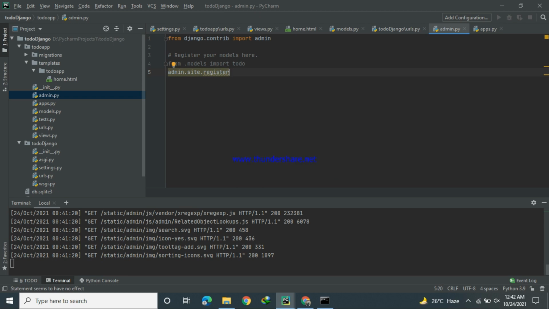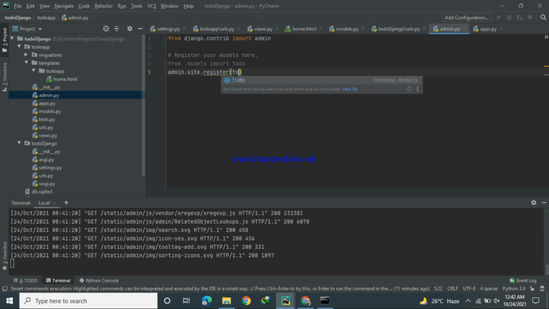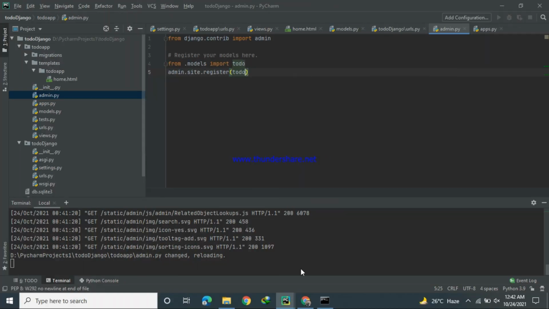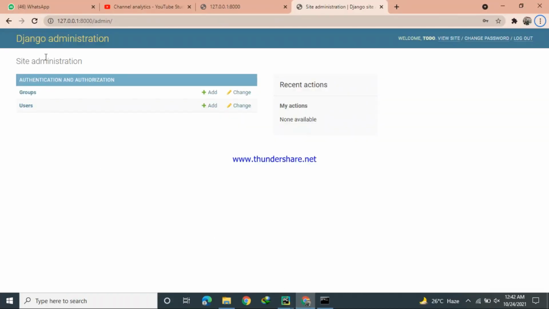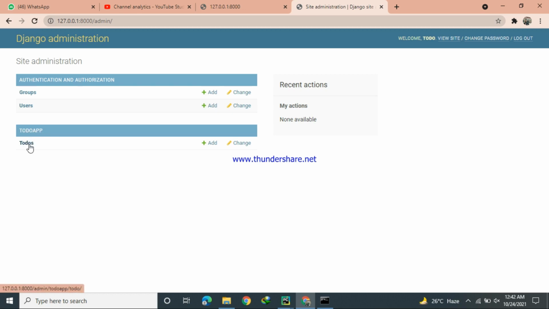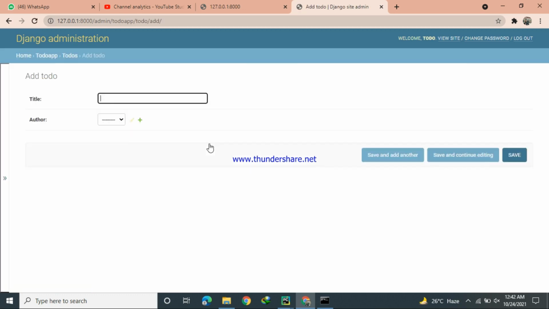Which model do we have to register? The Todo model that we imported from the models.py file. So I will refresh this, and you will get a Todo model here. So in the todo app we have the model Todo. If I click on add, we will get a title and author.